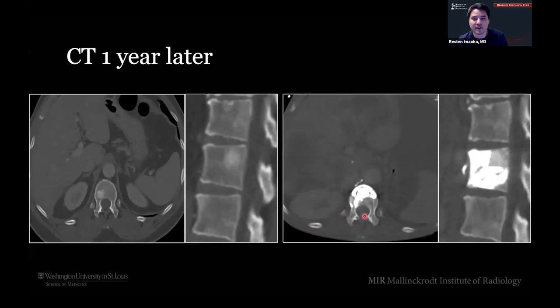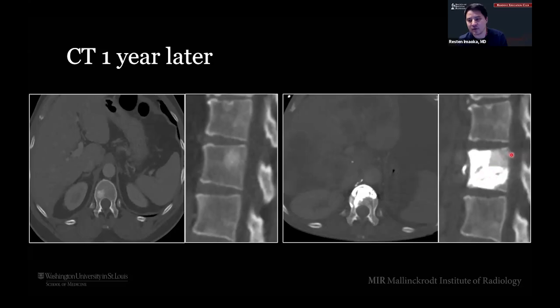So you can see 1 year later, he did absolutely fine. He did not progress at all. It's kind of hard to see through these bone windows, but you can see his liver looks relatively normal here. On this one a year later, his liver looks absolutely terrible with all this widespread metastatic disease. So he progressed everywhere else, except for that area that we treated here.